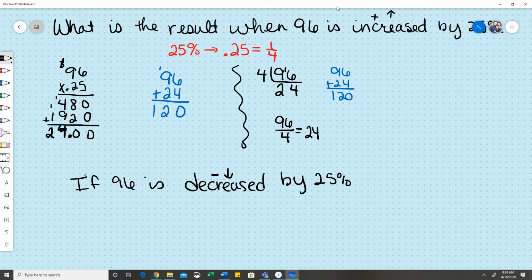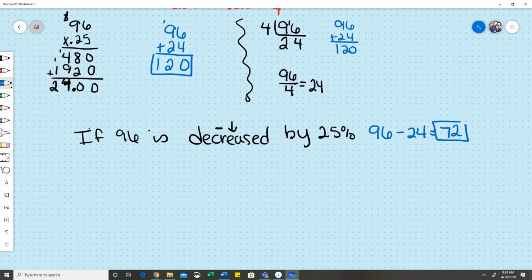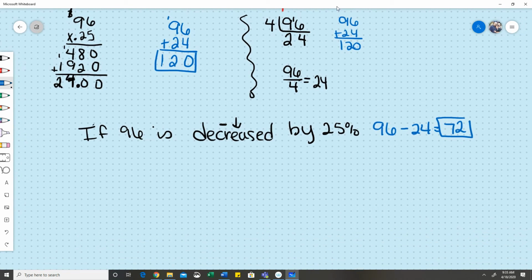In this case, all we're going to do is take the 96 and subtract 24. So when I subtract 24, I'm going to get 72. Okay, so if I'm increasing by 25%, I get 120. If I'm decreasing by 25%, I get 72. Okay, now if you like this method of just dividing by the fraction,